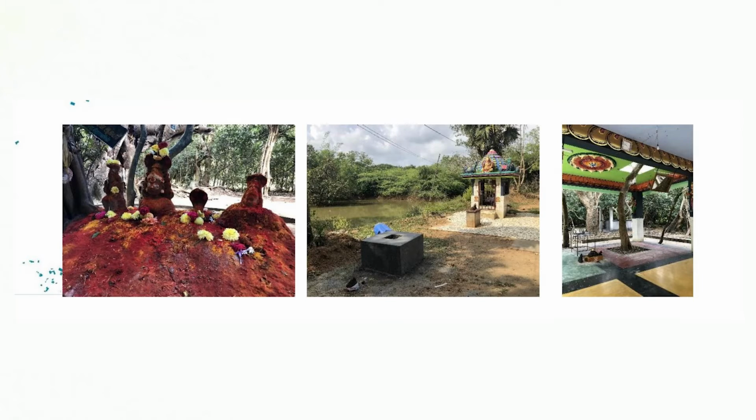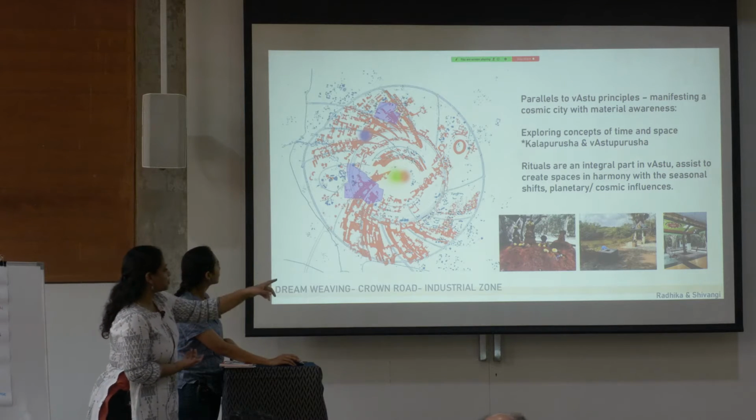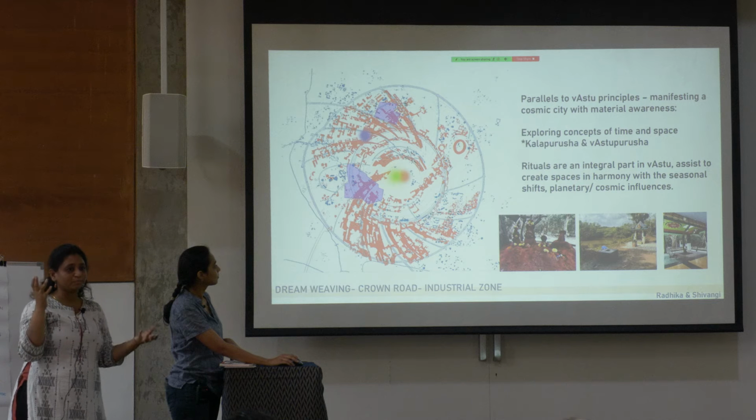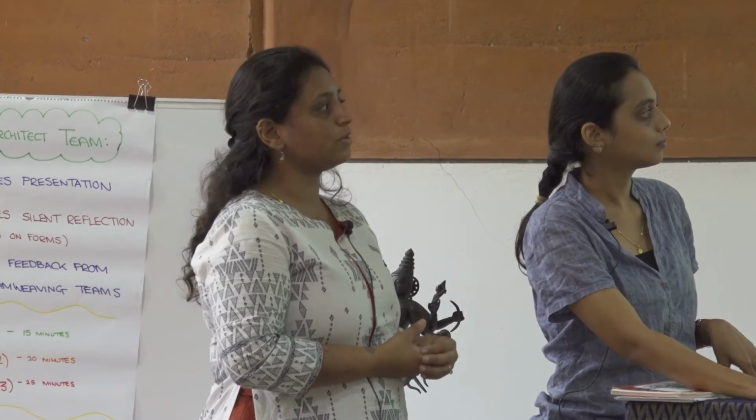And here we see some pictures of the Kali temple. So we did that visit, and we really felt it's a very important inspiration we have, very close to the crown, within 100 meters of the crown. If you see the image on the extreme right, that's an image of a little tree in the Kali temple, where the tree has been given some space to really grow even in the middle of the built structure. There is a little cutout for the tree to grow. But that's the built space of the temple.